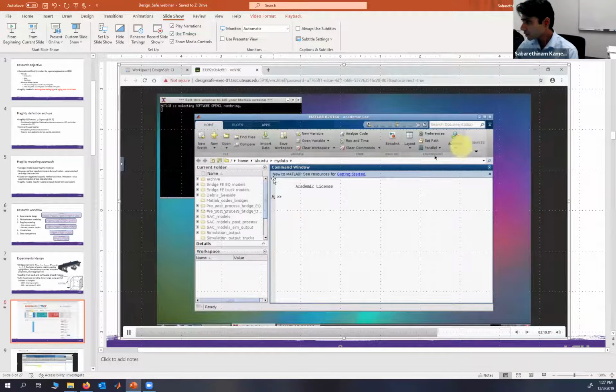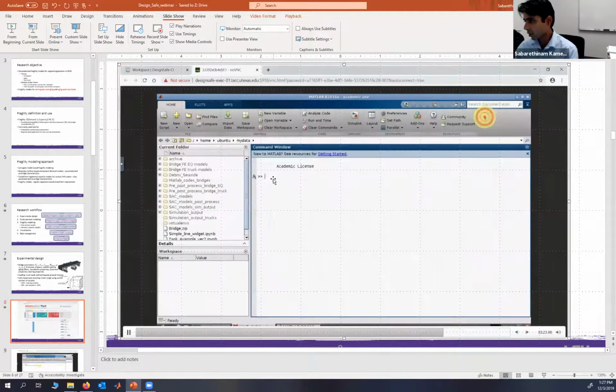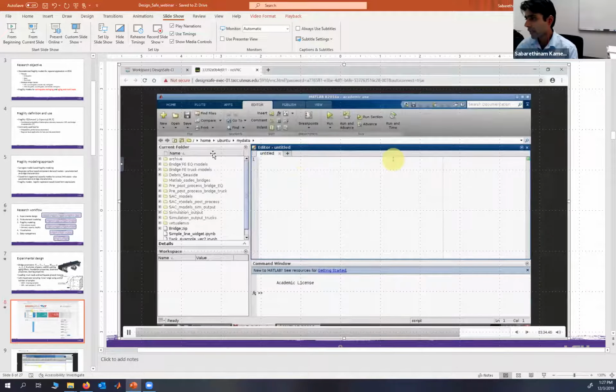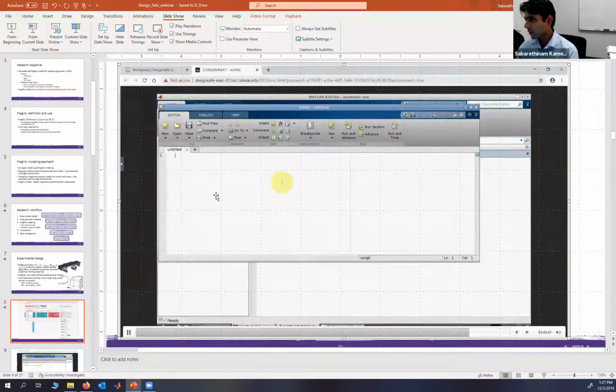This is just MATLAB, and we can start working on it as if we were working on our own computers, typing and creating new files. So again here, I'm just creating a new file. The key thing to note is that we can access all of our My Data and My Projects folders. So if we have a shared project folder that we are working on with someone, we can work on files and share them together at the same time.